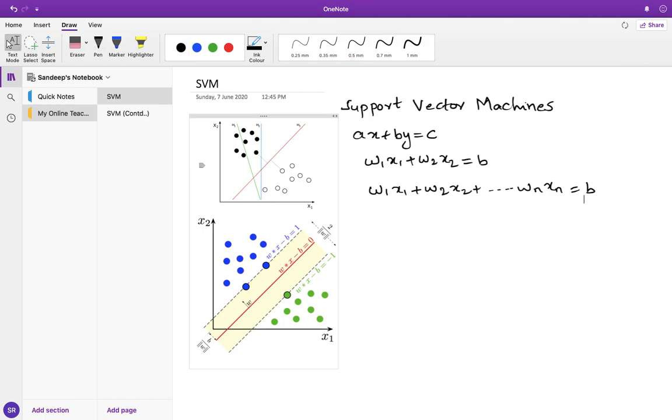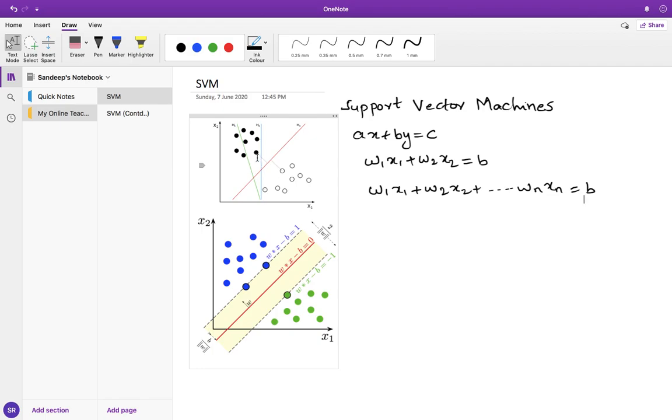The hyperplane should be such that it satisfies the main objective of support vector machines. Let us see what the main objective in support vector machines is. As I have said, there are many lines possible between two classes, but we are more interested in a line which has the following property.